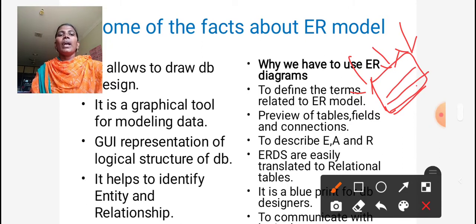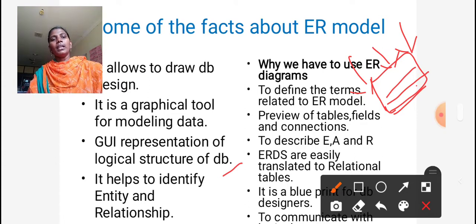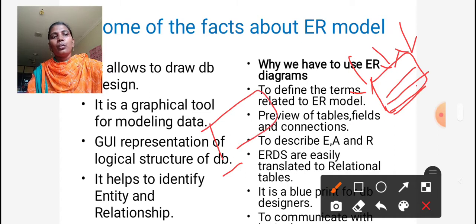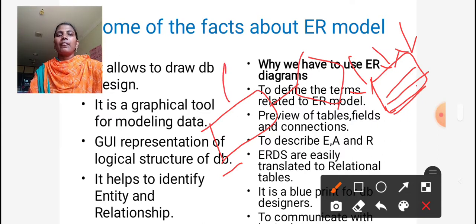It is a GUI representation of the logical structure of a database. GUI means graphical user interface, which uses diagrams to represent the relationships and associations between entities.